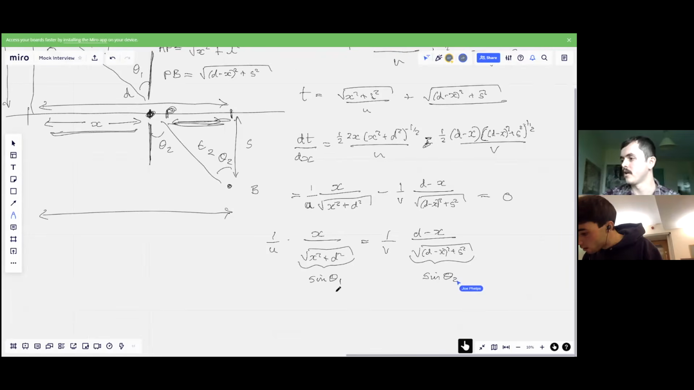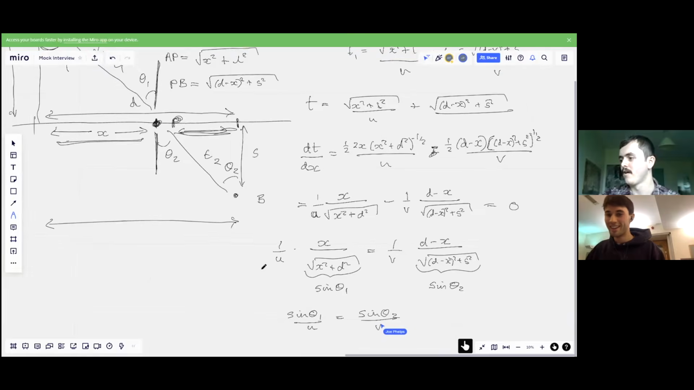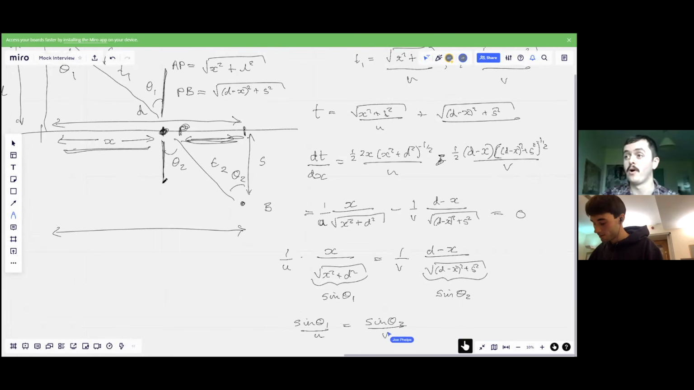So perhaps just rewriting that final line again. So I get sine of theta 1 over u equals sine of theta 2 over v. Nice. That's a much cleaner expression that we've got. Yeah. From that expression, or possibly this diagram you've drawn, does this remind you of any physics you might have seen before? Now that I've drawn those angles on, looking at my expression, it's very similar to Snell's law